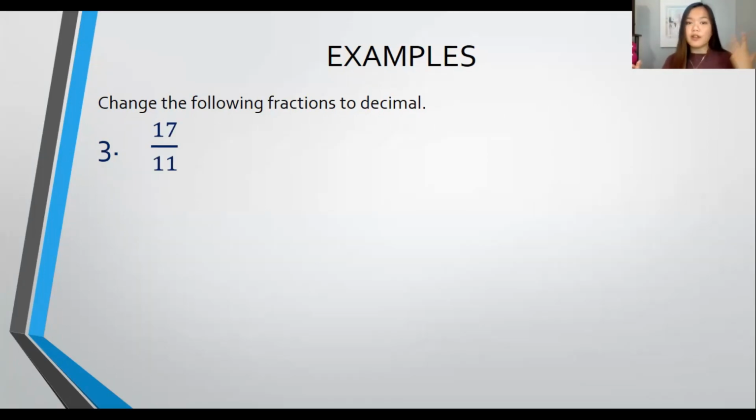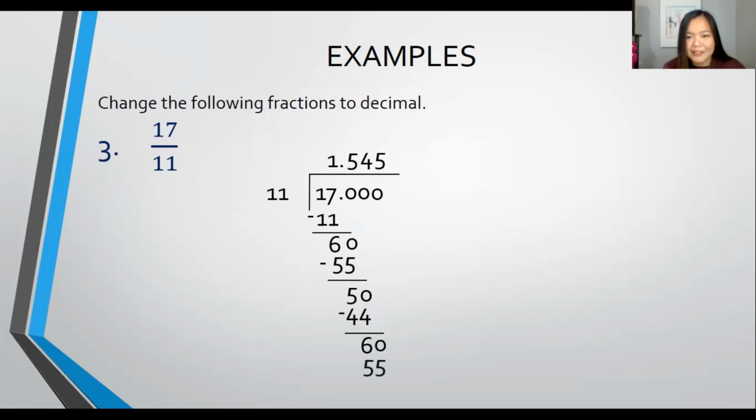So, let's proceed now to the third example, which is 17 divided by, or all over, 11. So, we have 17 divided by 11. And we know that 17 divided by 11 can be solved like this. So, that is my solution and answer for that. And we know that it is again repeating decimal, but this time two numbers are being repeated. That's why 17 over 11 equals